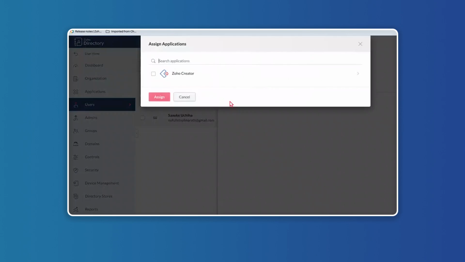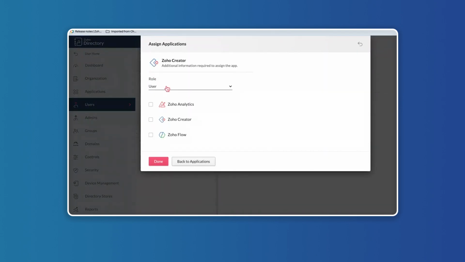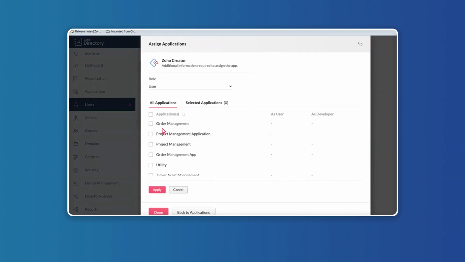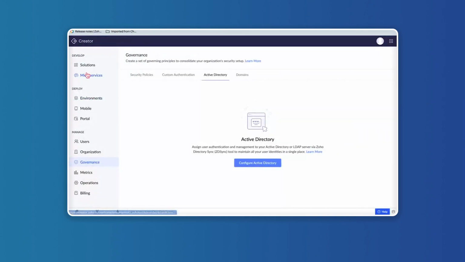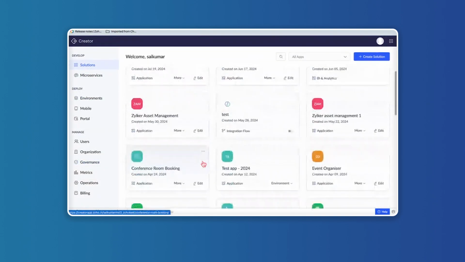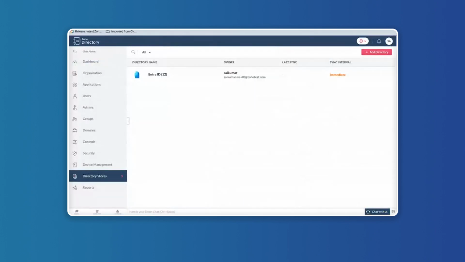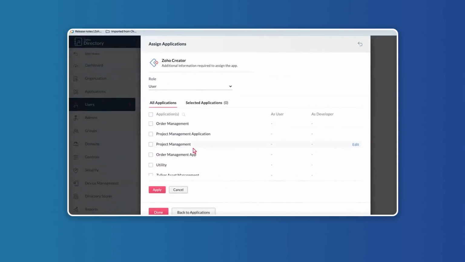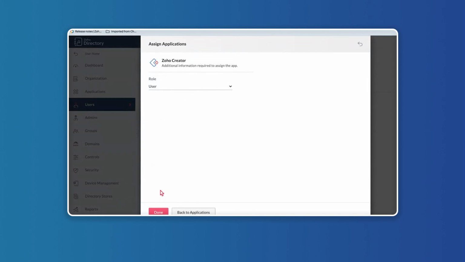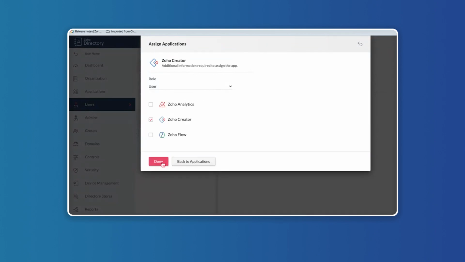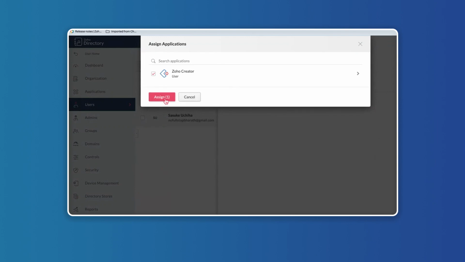Now I'll add an application. I'll add Creator. And now here, as soon as I click on Creator, it shows all the applications that are there in Zoho Creator. Now in Zoho Creator, obviously you will have a host of applications that you have created, right? Now all that will be reflected over here inside the applications. Now I'll select all the applications and I'll click on apply, and I'll click on done, and I'll assign one